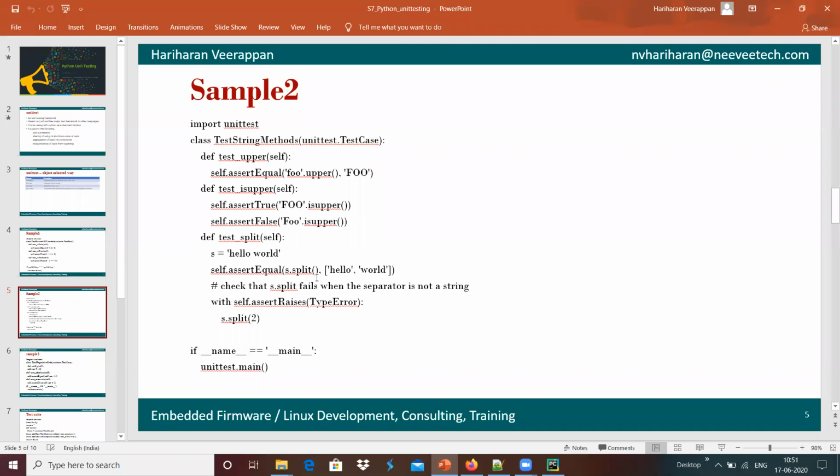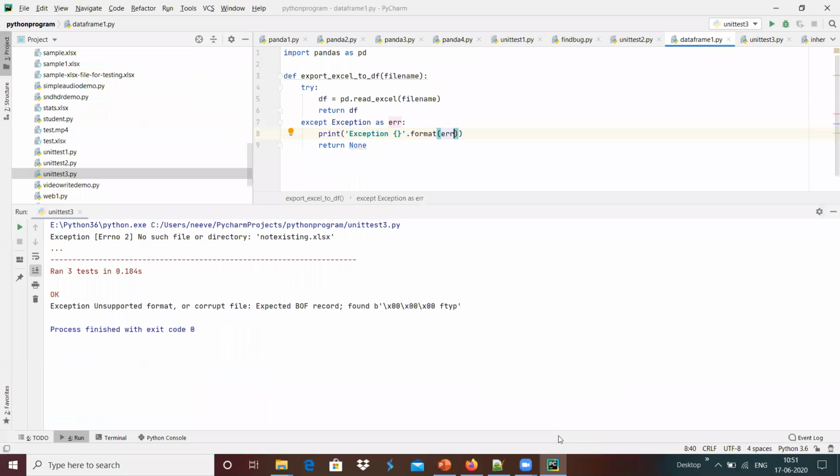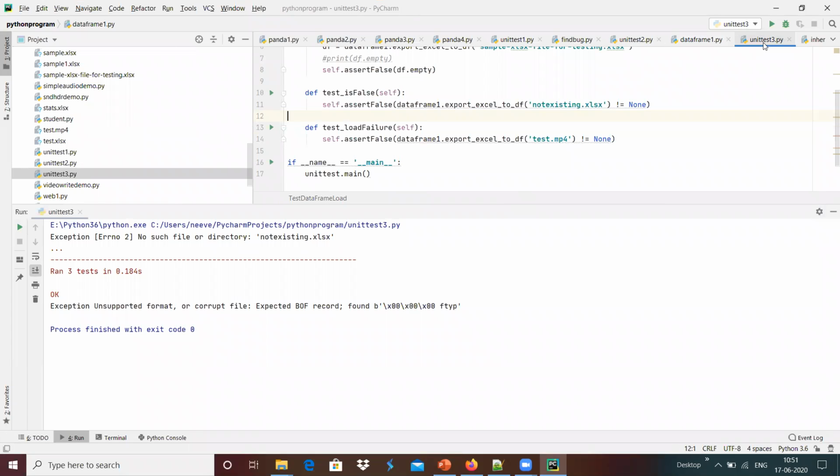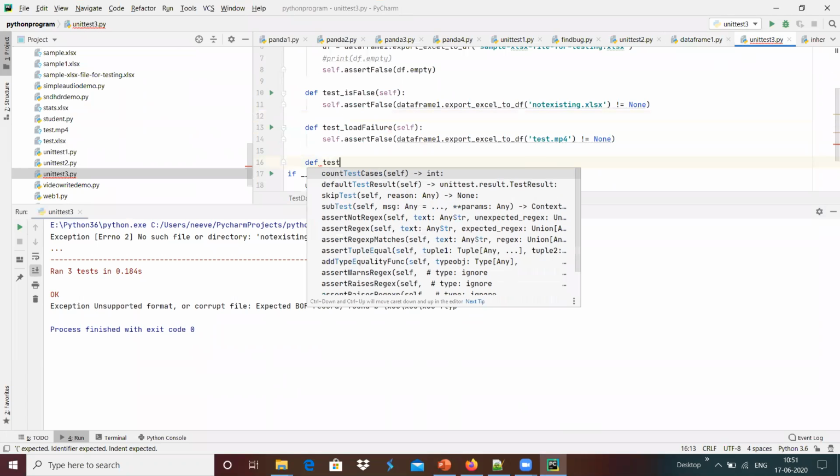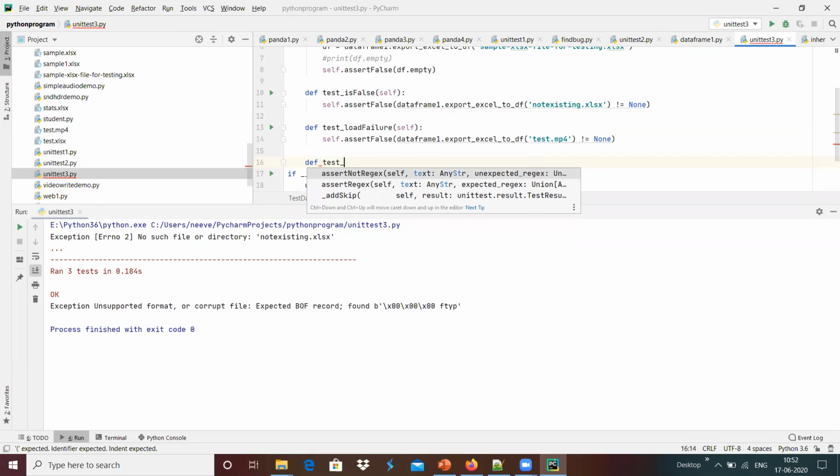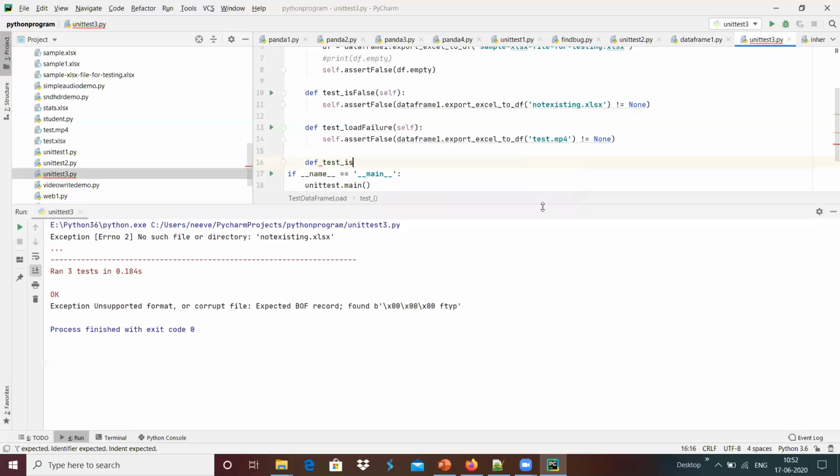For example, we have the option to validate, for example, I'm going to do something like def test is upper test case over here,